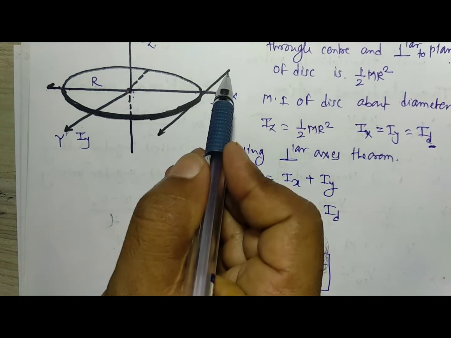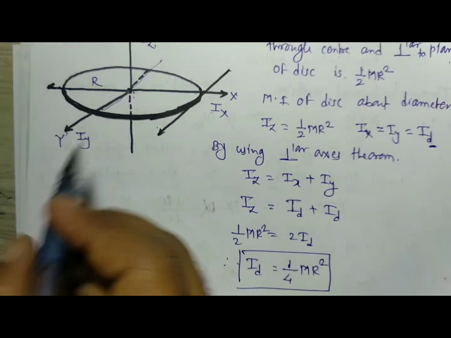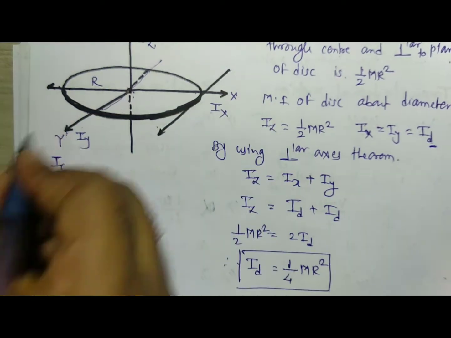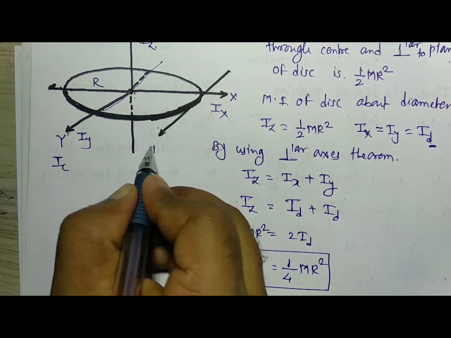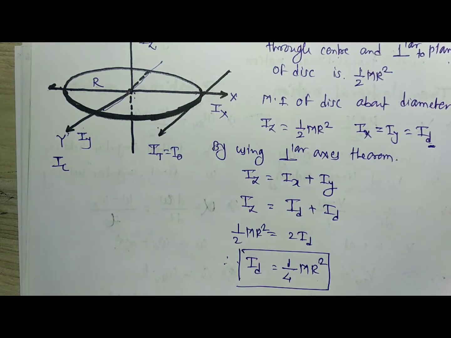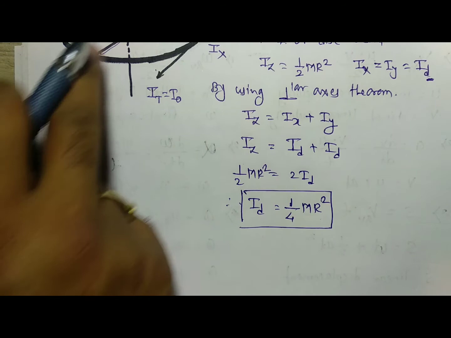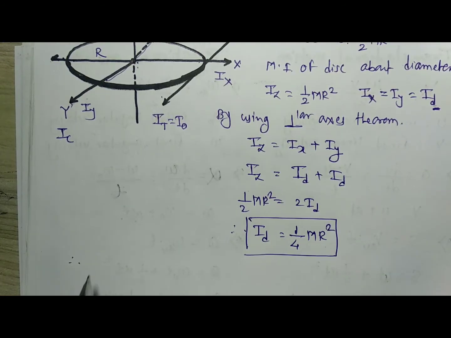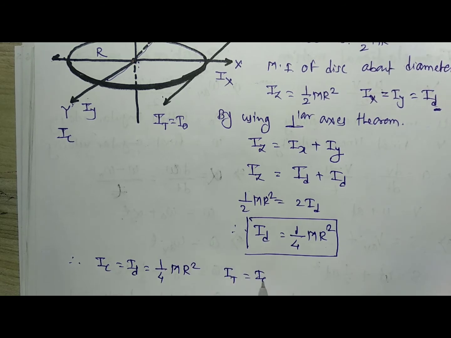Right now we want to find the moment of inertia about a tangent. The moment of inertia about the diameter is considered as IC, which is known to you, and the moment of inertia about the axis, that means the tangent, is IT. It is nothing but IO, and by using the principle of parallel axis, the moment of inertia about the diameter is IC, and therefore IC is equal to Id, which is 1 divided by 4 mr square, and IT is equal to IO, and therefore the moment of inertia of disk